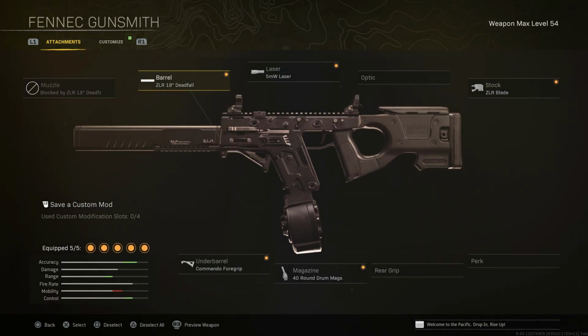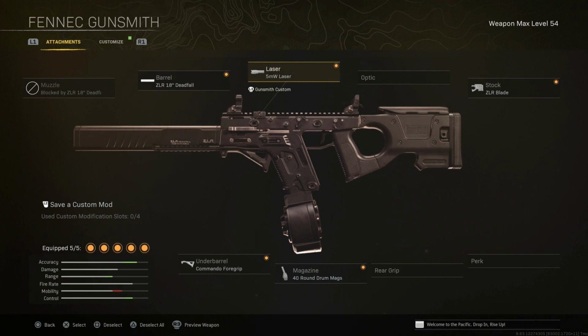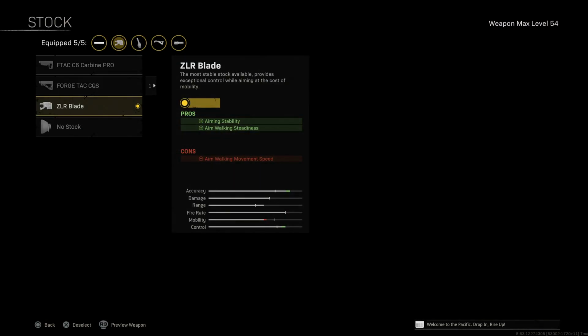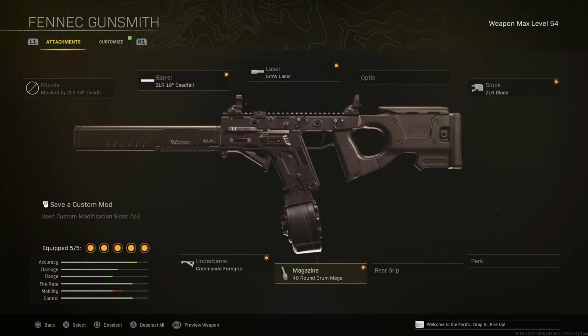So the Crisp Vector, running the Fennec here, the ZLR Deadfall barrel. It's an integral suppressor, but obviously, it's clearly an attached suppressor. Regardless, you're getting really good stats with this: damage at range, recoil control, bullet velocity, and sound suppression. 5mm laser for the hipfire accuracy, ZLR blade for the aiming stability, aim walking steadiness, and then we're running the